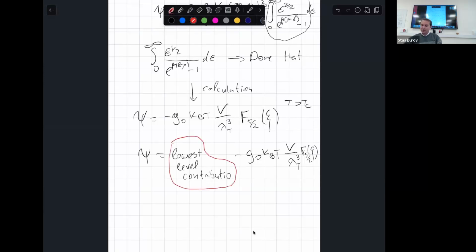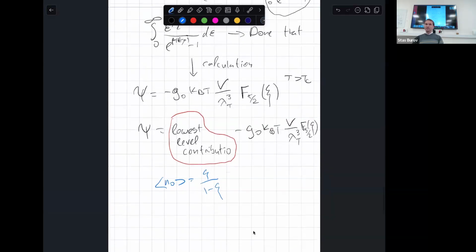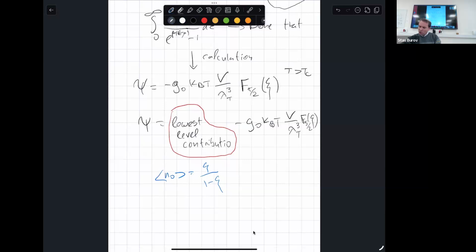How do we find it? We know that N0 average equals the fugacity divided by 1 minus the fugacity. Now, the grand canonical potential is the sum over all the grand canonical potentials of all the different levels. So if we call all of this